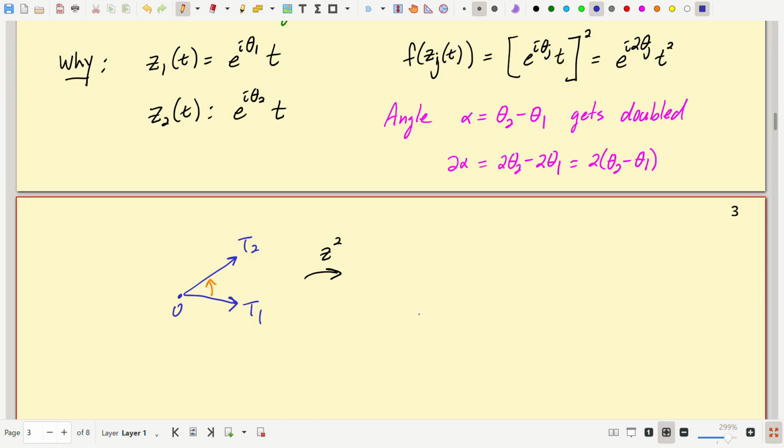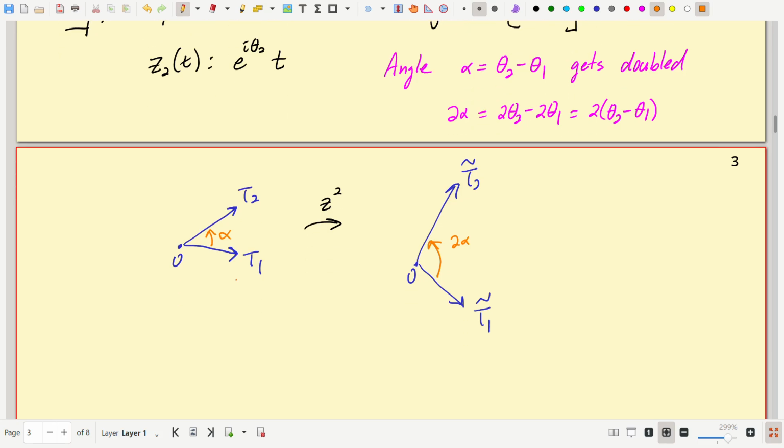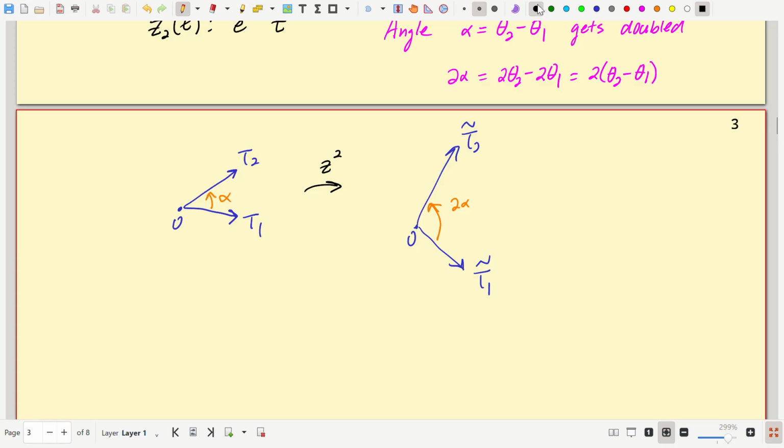Let's see, if that's below, I should have made them both above so I could double them. This one's going to go down. This one's going to go up. And the angle's going to get doubled. So it's not conformal. And you're going to have to consider this same thing in your homework at one point. And so in the last homework, homework 10,